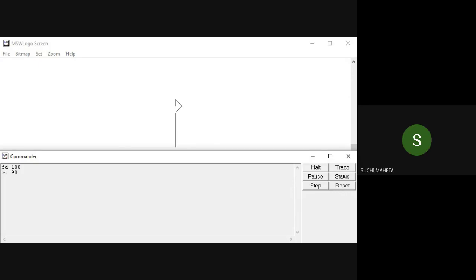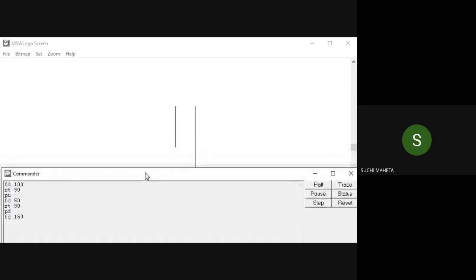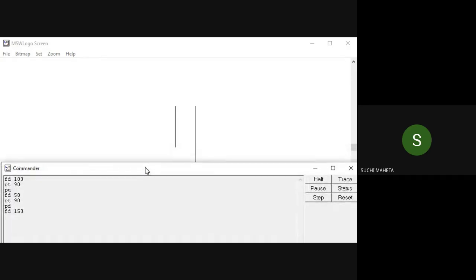So I will do pen up, PU, then FD 50. See, though I have given FD 50, it has not drawn the line. It has just moved because I have done pen up. I will rotate it again, pen down, FD 150. Now instead of drawing 100, I have done 150.